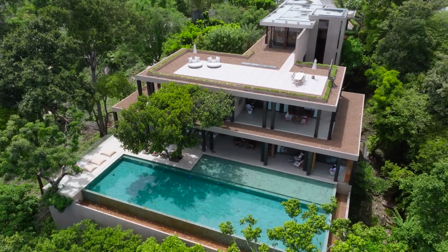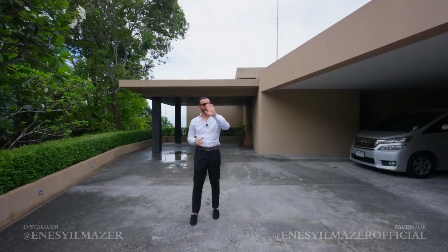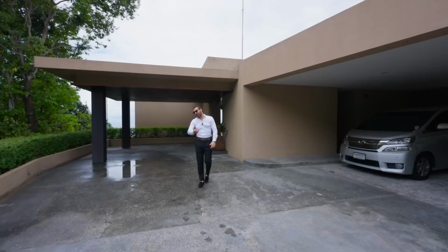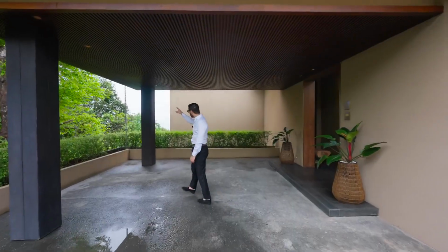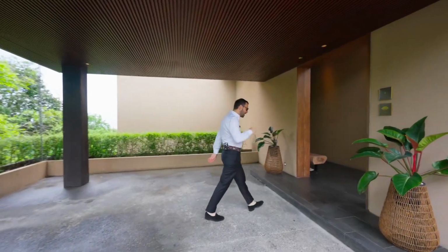Welcome to this amazing property. We're gonna start our tour on the exterior. We have the gate opening up to this private driveway where you can park 10 to 12 cars. First carport to our left, and going this way you can see the main carport that's right in front of us with beautiful wood clad ceiling, rain chain around the corner, lush landscape, and to my left we have the